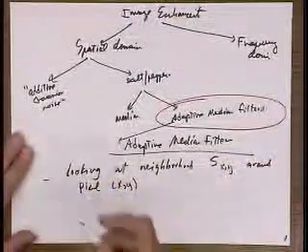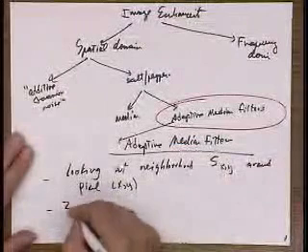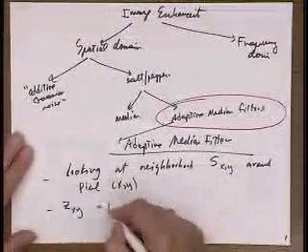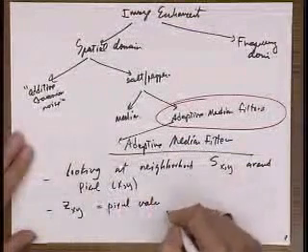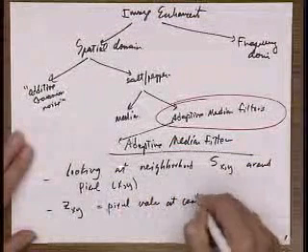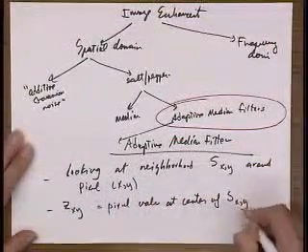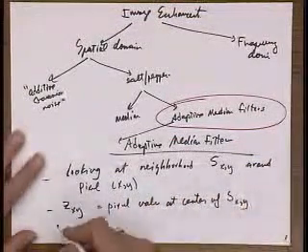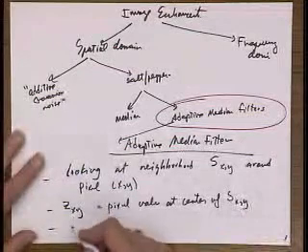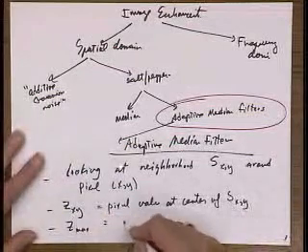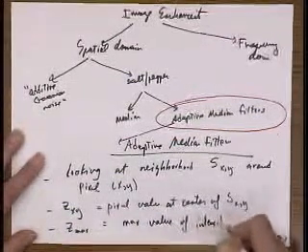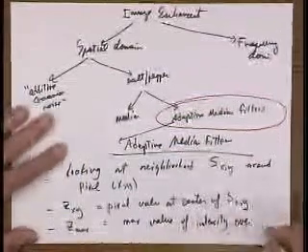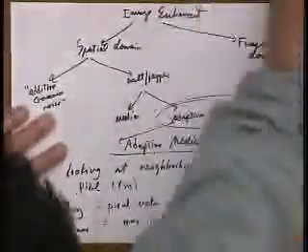Okay, and this is the notation that we use. Z_xy is the pixel value at the center of S_xy. Okay, and then Z_max is the maximum value of intensity over all the pixels that are in S_xy, over that neighborhood that we're dealing with. And